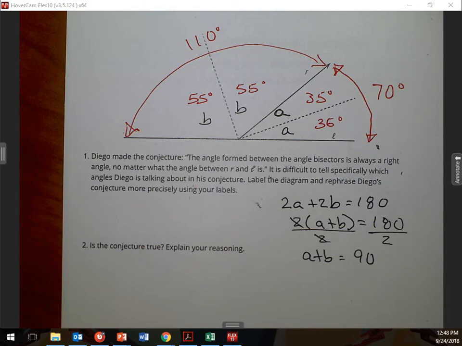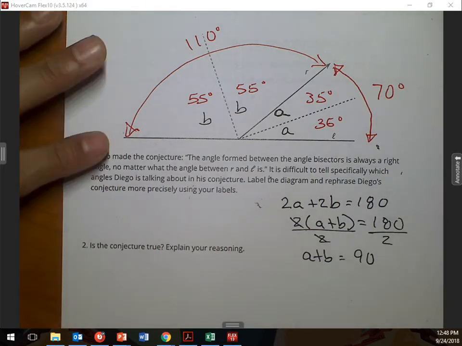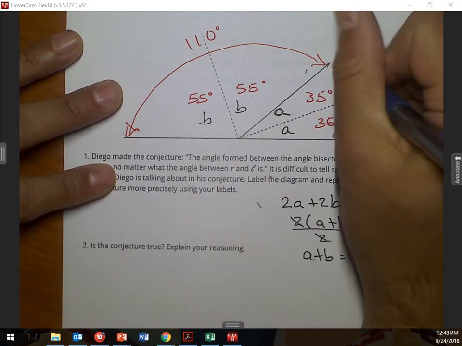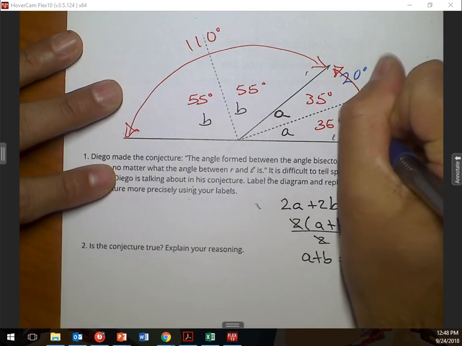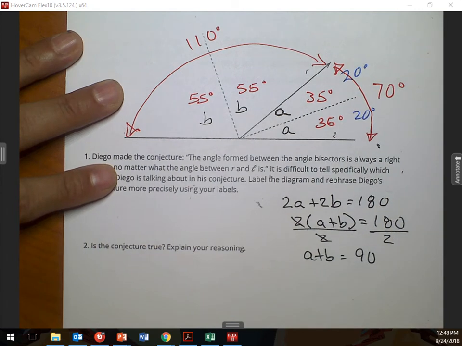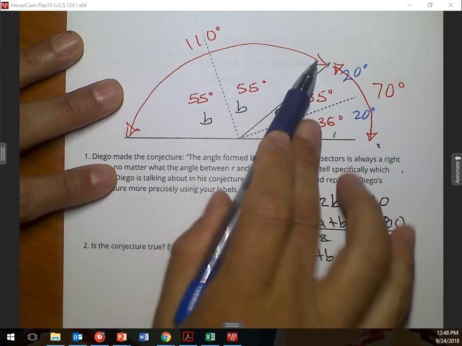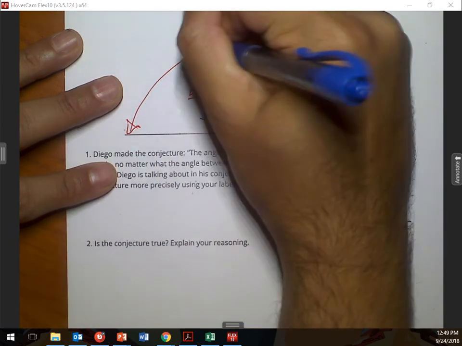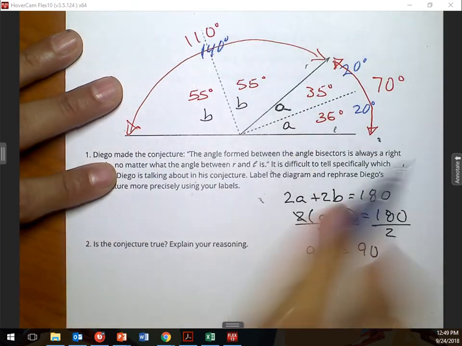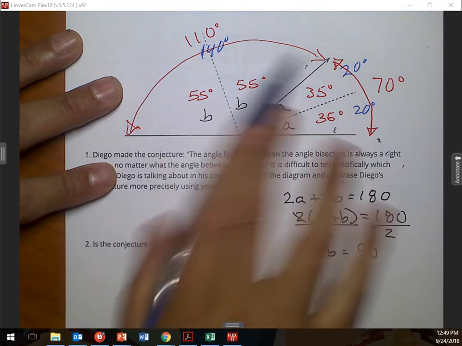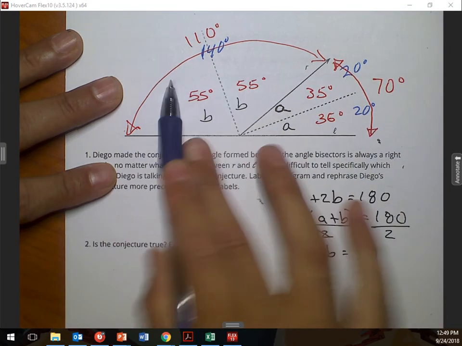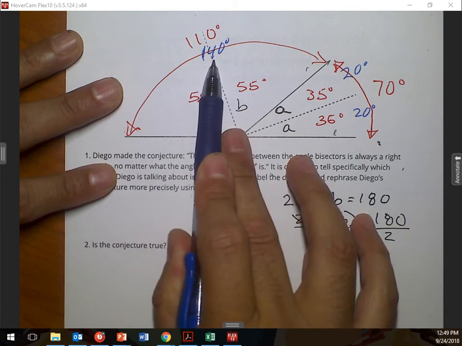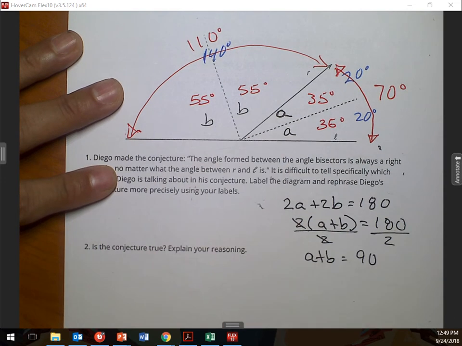Did anyone else use different numbers? Me did. Okay, what did Me have? 20 over here and 20 here? So Me says 20 and 20, right? I'm doing it in blue just to make it different. So that means that from here to here has to be how much? 140. So Me says that's 140. And then I haven't done the rest. Each side of this would be how much? What's half of 140, Me? Divided by 2?